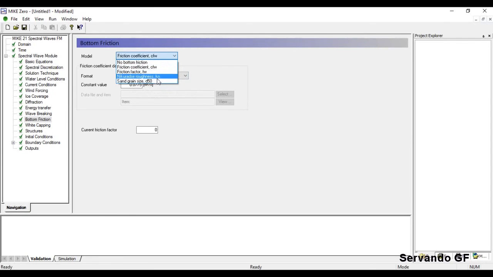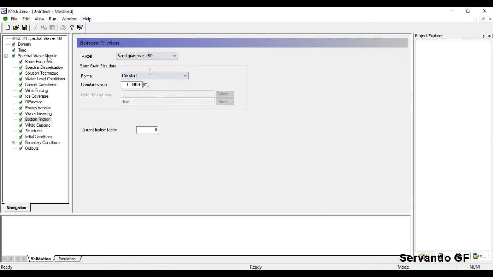The easiest way is to define, if you have a bathymetry and you have sediment information, it is easier to define the D50 of the material that is at the seabed and put it here. The same. Now this is assuming that the whole area has a material with a D50 of this diameter,